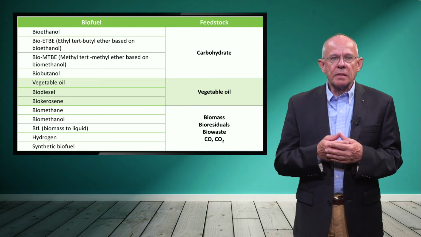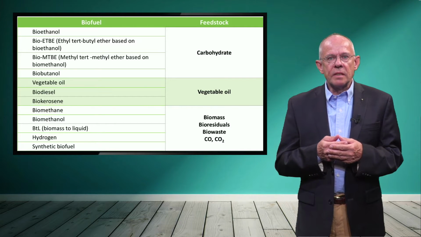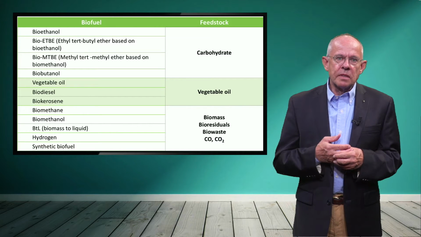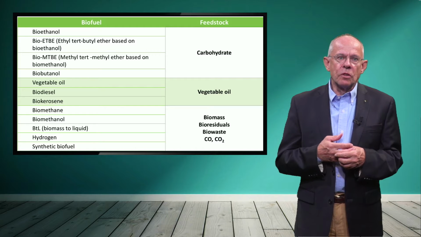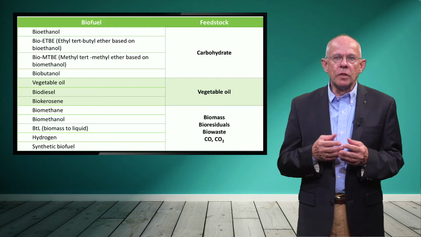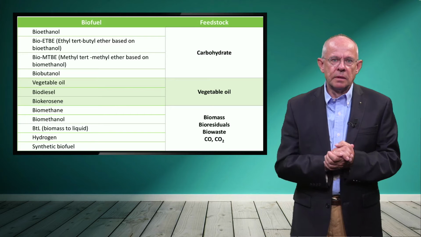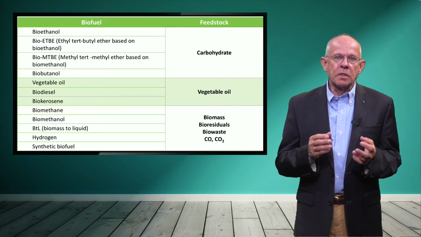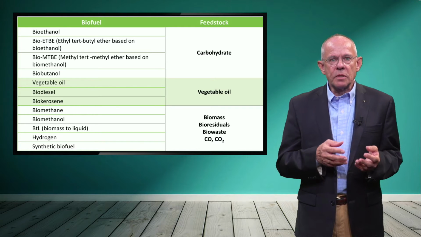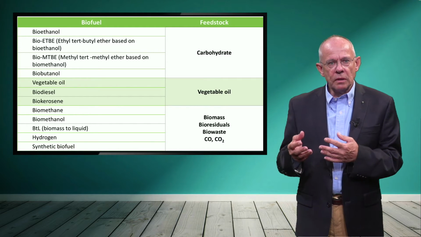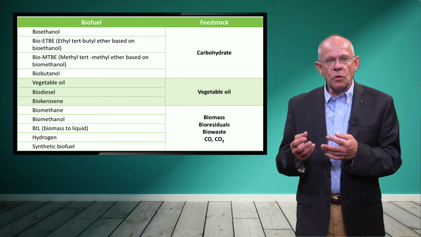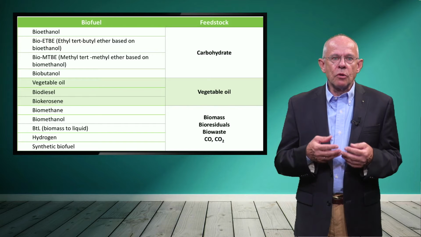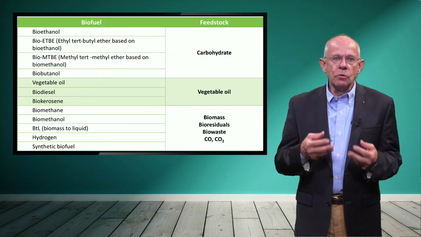Biofuels are liquid or gaseous energy carriers. As you can see in this table, we distinguish between two types of fuels. Those starting from carbohydrates, as shown on the top, and others starting from vegetable oil, as listed in the middle. Furthermore, we differentiate between feedstock harvested directly from the field and processed to give carbohydrates or oil, and, please have a look at the lower lines, materials and residuals generated along the processing chain of biomass and the usage cycle